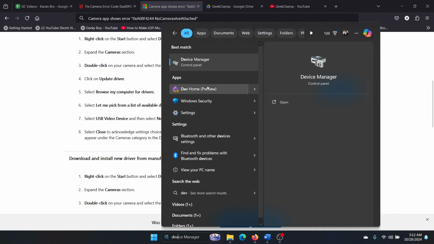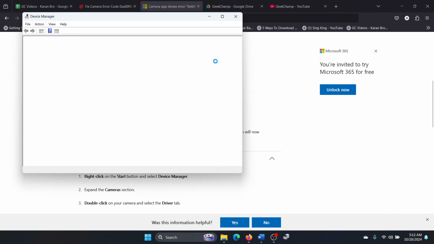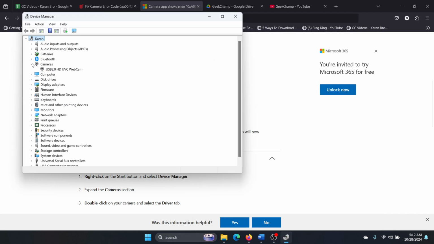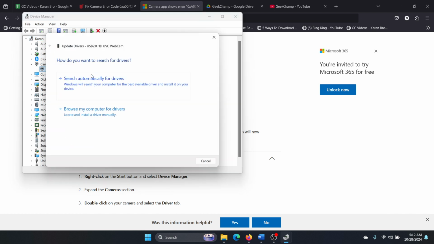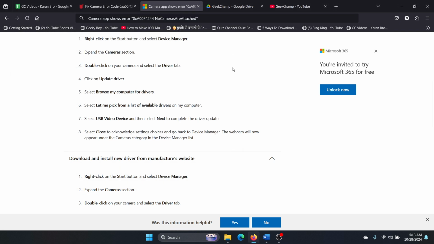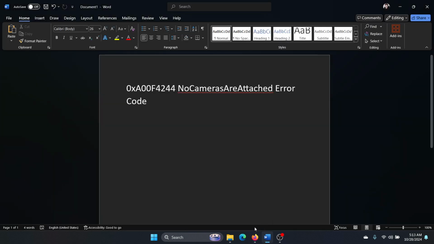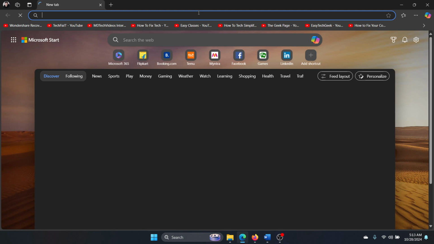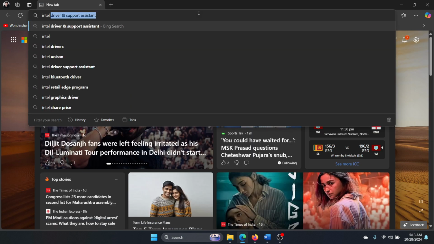So search for Device Manager in the Windows search bar and open Device Manager. Expand the list for camera drivers. Right click on this one and then select update drivers and then search automatically for drivers. Does this work? Well, in many cases it can, but then you can go and search for Intel camera drivers